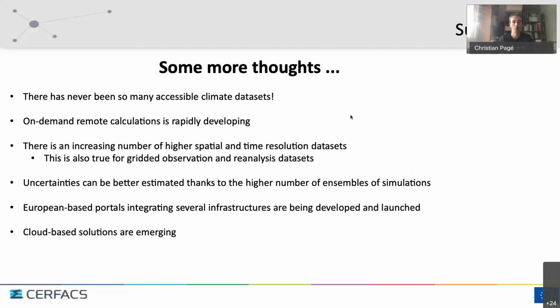And uncertainties can be better estimated because we have a larger number of simulations, and we also have remote calculations. And European-based portals integrating several infrastructures, tools, and capabilities are being developed right now and launched. And cloud-based solutions are emerging, which means that you can do more and more remote calculations. So I will end